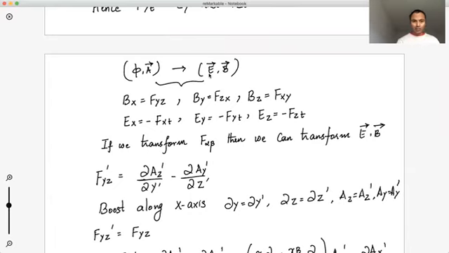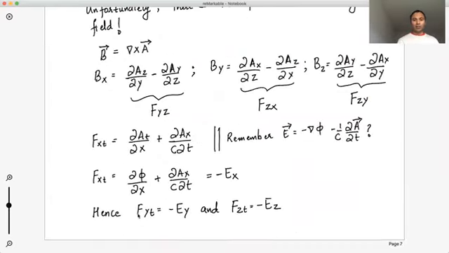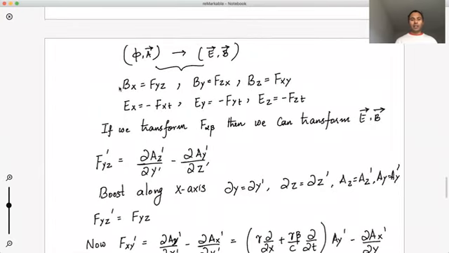So we have a relationship between phi, A, and E and B. I can just keep doing this for all the other axes, and in the end I'll end up with something like this: Bx is f of yz, By is f of zx, and Bz is f of xy. Ex is minus f of xt, so when you have the time and space things combined, you get the electric fields. Ey is minus f of yt, Ez is minus f of zt. So now we have related the